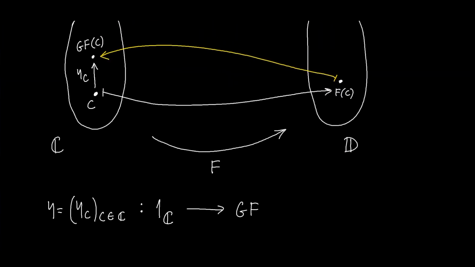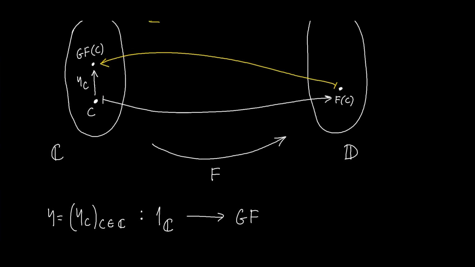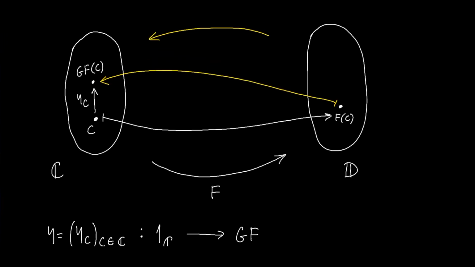Okay, so all good so far. But now what about the other side? We might want to have something similar on the other side. So let's say I now started with an object